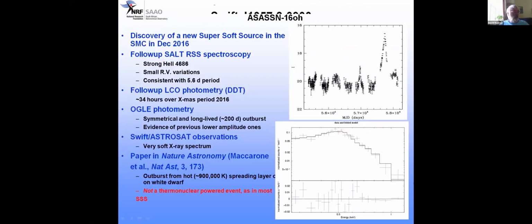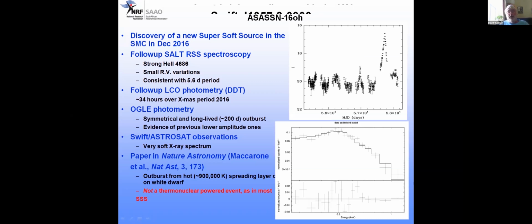So then there was another observation of a source in the Magellanic Cloud, which was a so-called Supersoft Source. And so these are systems which show most of their luminosity below 1 keV, and they're typically thermal pseudo-black bodies. In the case of this system, something with a 900,000 degree